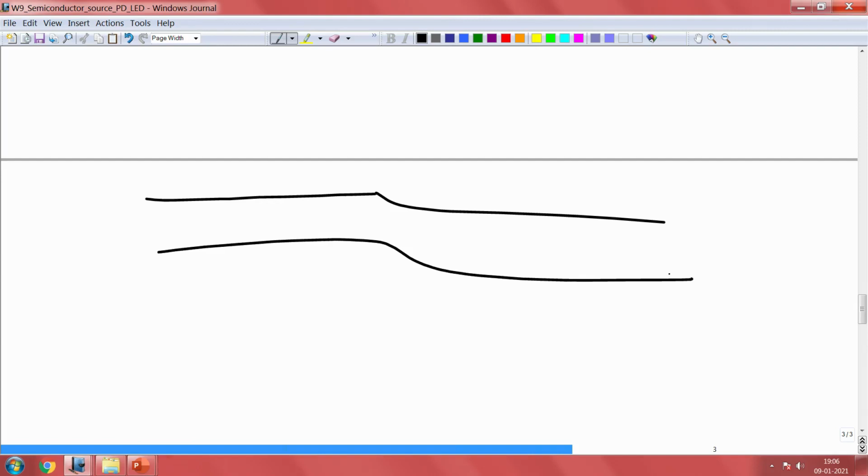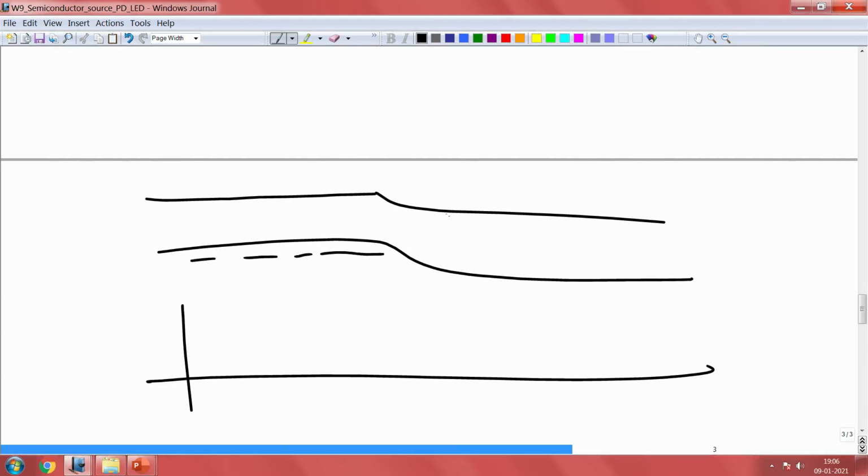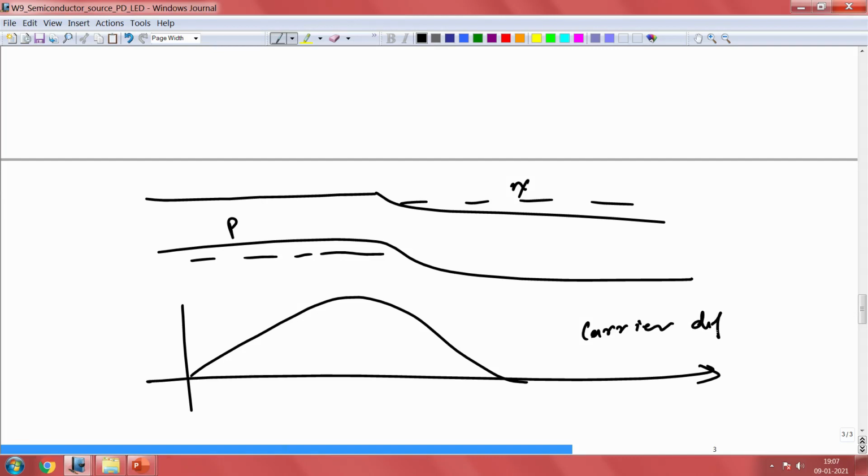So, this is our very simple diode, and then your carrier diffusion is going to be, so this is our p side and this is our n side. So, your carrier diffusion is something like this. This is carrier diffusion, and this is excess